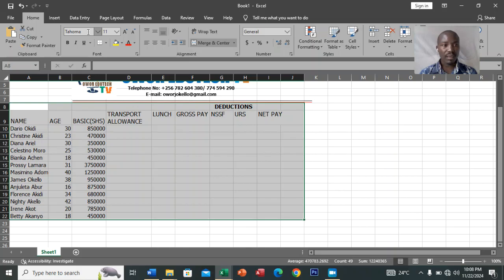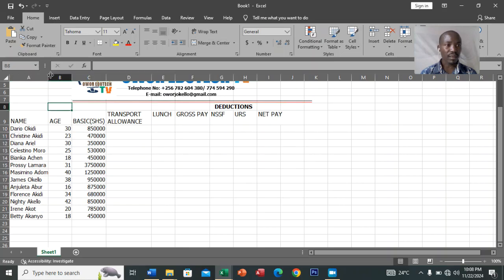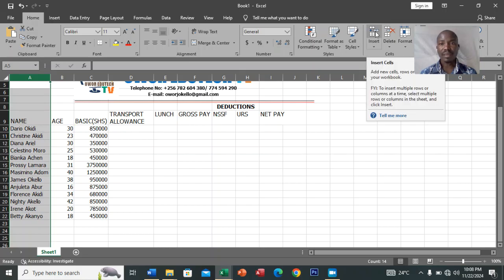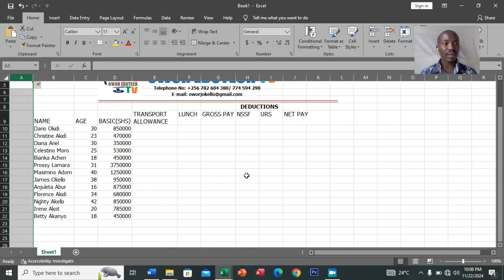This is our font style. Then we are going to insert a column there, where you see a column there. Let us come to insert, and we insert column there. After inserting columns,